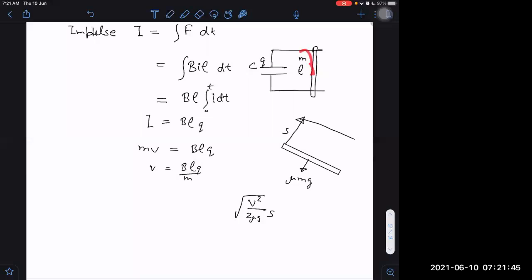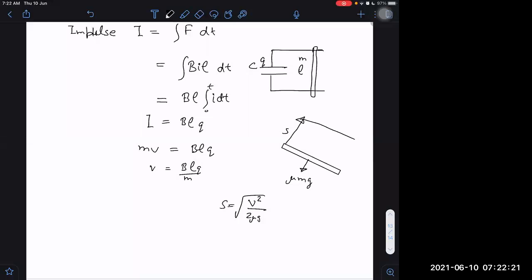We don't know what current flows, but we know the charge flowing. Once we know that, we can still solve it. Let us say the friction between the rails and the wire is given as mu. Or they may give that the rails are frictionless and friction is after the rails. If the rails are frictionless, it will keep moving with velocity v on the rails. But when it falls on the surface after that, which may be ground, where friction is mu, then on that surface it will cover a maximum distance of v square by 2 mu g. This could be the question.